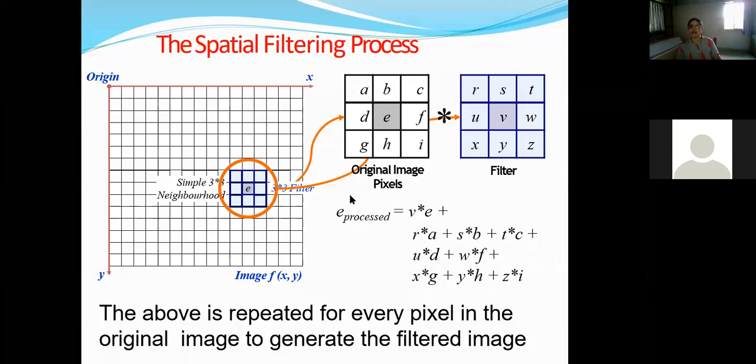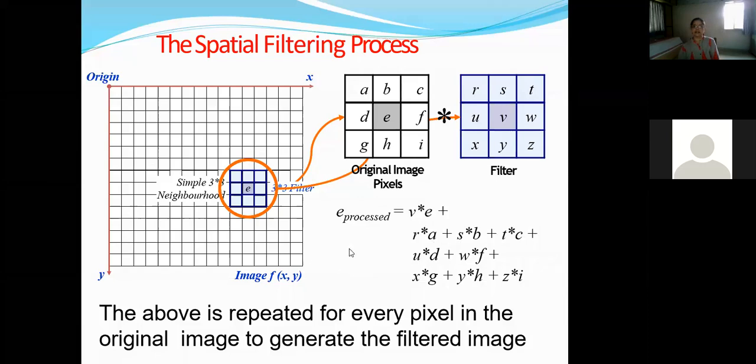So the new value of the pixel, that is E processed, is given by A into R plus B into S plus C into T, up to the last pixel value I into Z. So we get a total of 9 product terms and we add all these product terms to get the new value of the pixel. Okay, so this is the meaning of two-dimensional convolution.